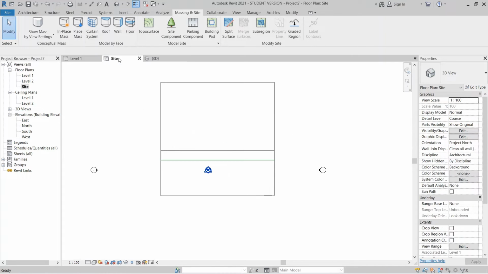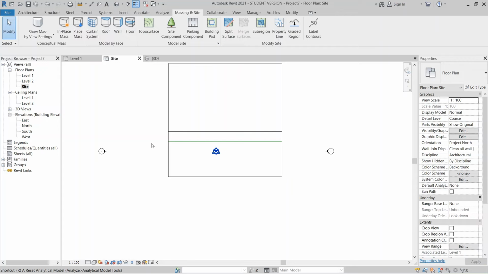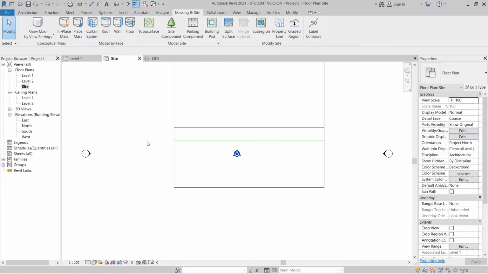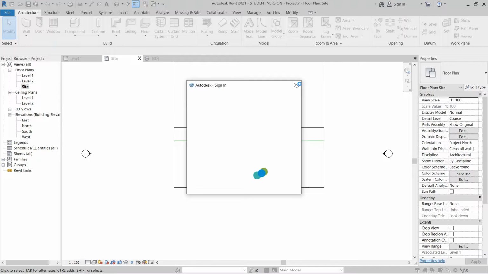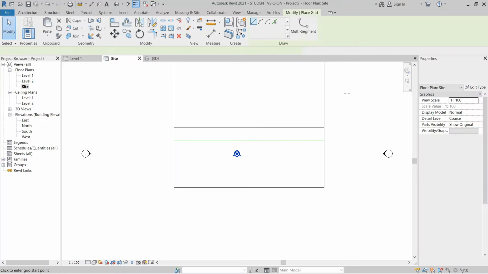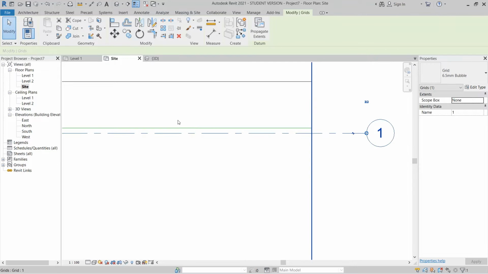Just go to the site plan again, press GR on the keyboard for grid line. Okay, go to the Architecture tab here, GR on the keyboard. Okay, so what happened about that? GR again. Then I can start placing here like this one, and here I need to move first.